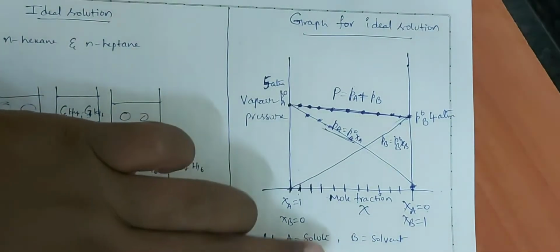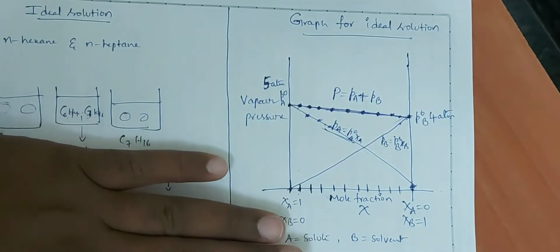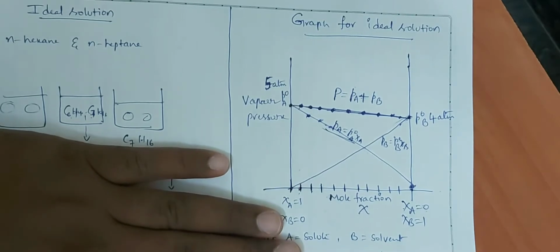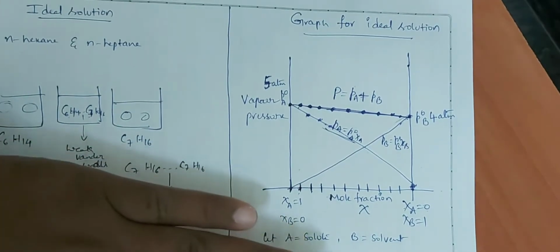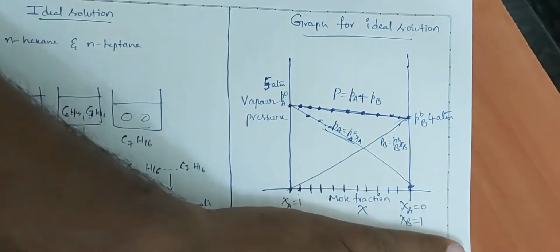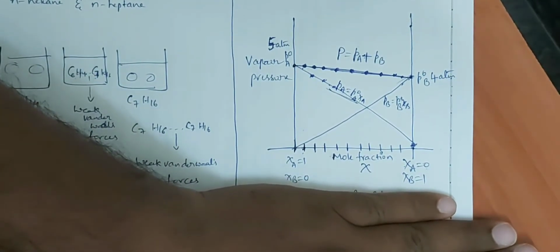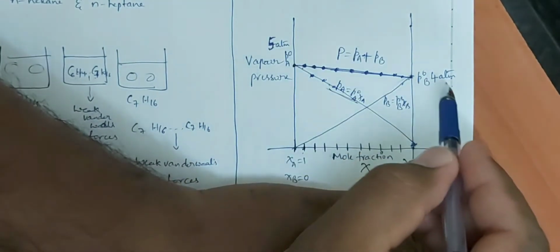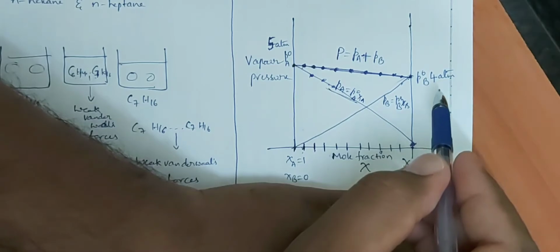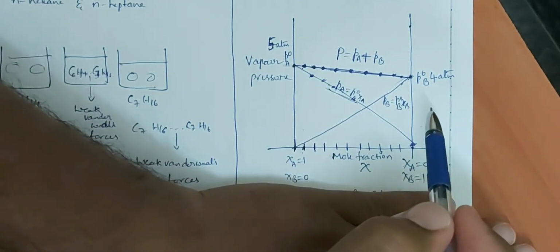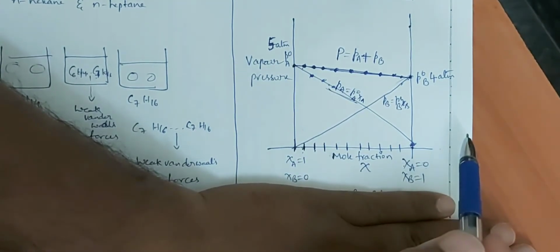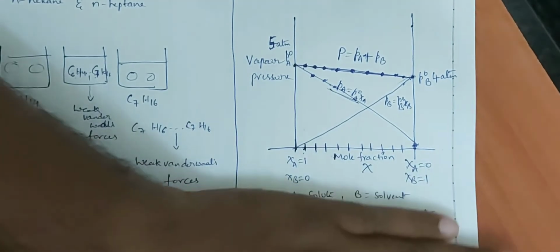Okay, this total numerical calculations no need to write in the classwork, because for your understanding purpose only, intentionally I took and I explained correctly. If you draw this graph, it is enough. Those values also no need to mention in your classwork. Okay, for understanding purpose only I told. This is the graph for ideal solution.